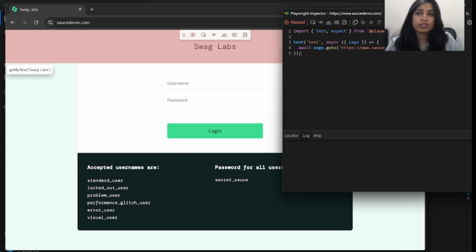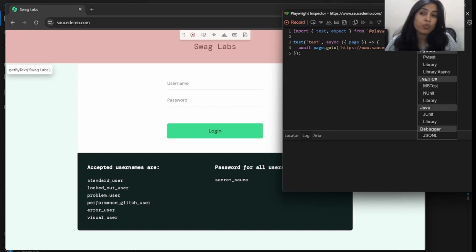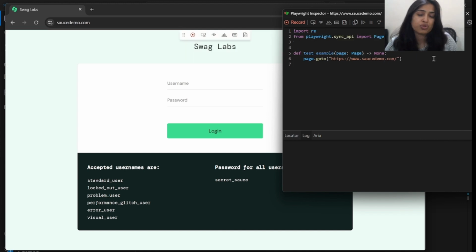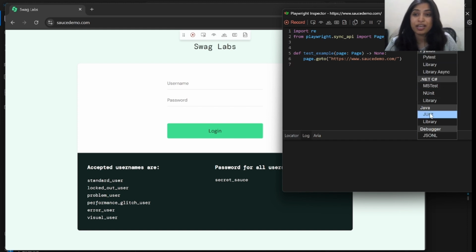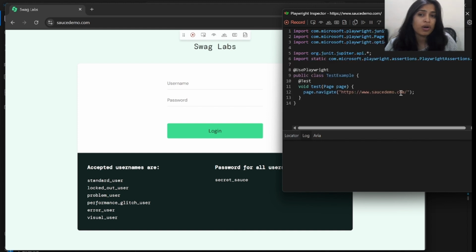Also, this is for the Playwright test runner, but if you want, you can use PyTest also. I mean to say that you can write your code in Python as well. It's just a matter of one click only. See how easy it actually is. And if you want, you can write in Java.